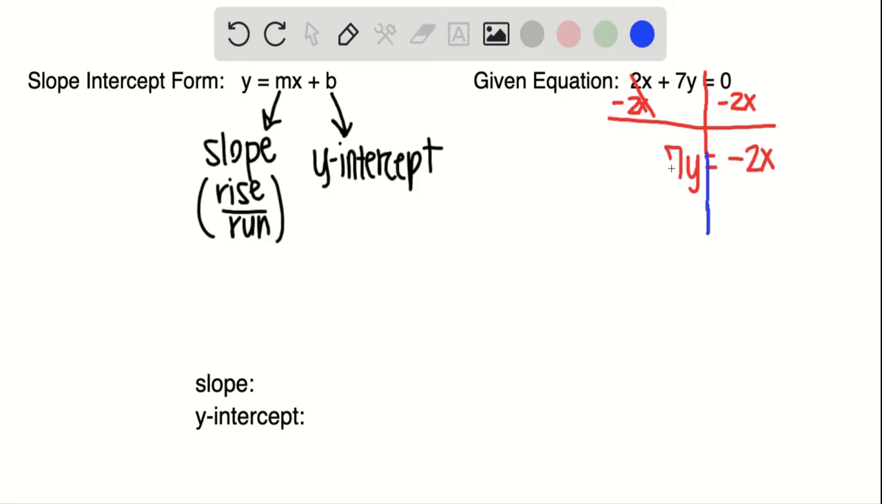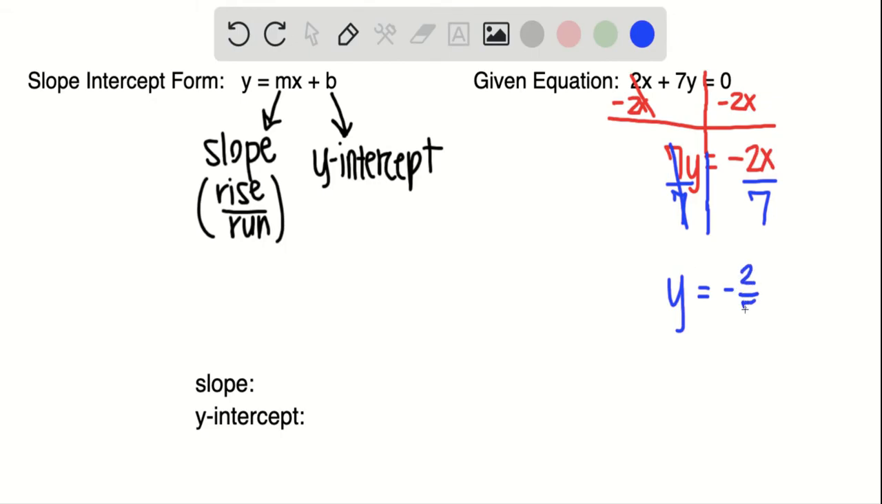And 7 is still attached to this y by multiplication. So to get y by itself, or to undo this operation, we're going to show the opposite or the inverse operation, which will be to divide. So I'm going to divide the left side by 7, and I will also have to do that to the right side. So now I will have this. 7y divided by 7 can just give us 1y is equal to negative 2x divided by 7 will be negative